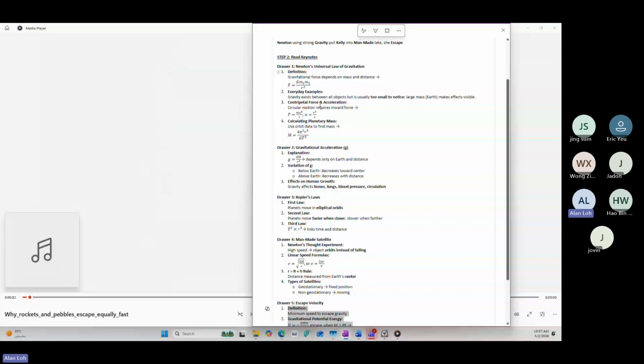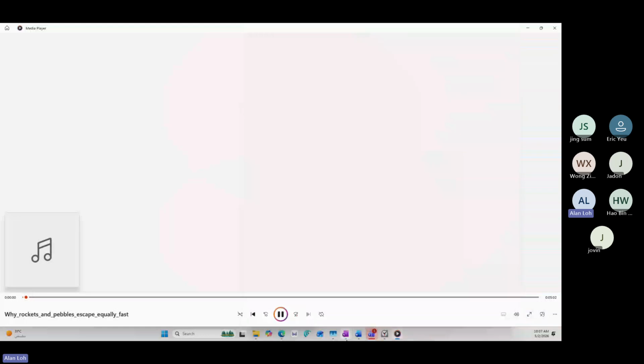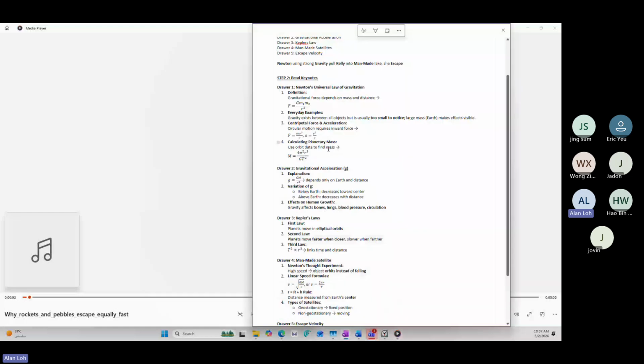If you want to shoot a tiny pebble off the Earth, it actually takes the exact same speed as launching a massive 100-ton rocket. Both of them require you to hit 11,200 meters per second. Yeah, which is super counterintuitive. But today's deep dive is going to explain exactly why that fact is true. We're basically taking the raw data from your physics notes and extracting the real rules governing the cosmos. Right, like how gravity dictates falling, orbiting, and eventually how to break free entirely. So let's jump straight into the universal pull of it all.